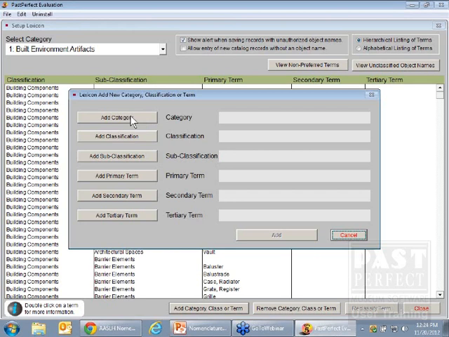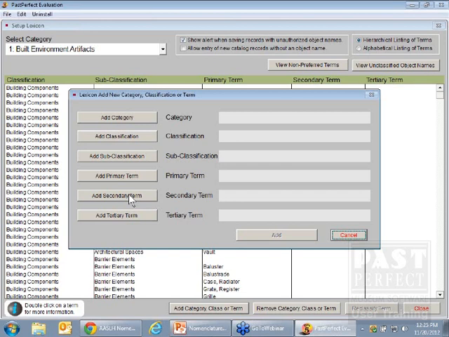Because we want to add a secondary object name, I know it's a secondary object name because I know a ratchet is a primary object name. Now, forgive me, I'm kind of going fast here, but I looked this up ahead of time before we started the webinar. There's a Category 5, which is Tools and Equipment for Science and Technology. There's a classification for that for Mechanical Tools and Equipment. There's a subclassification for Mechanical Devices. And the primary term is ratchet,